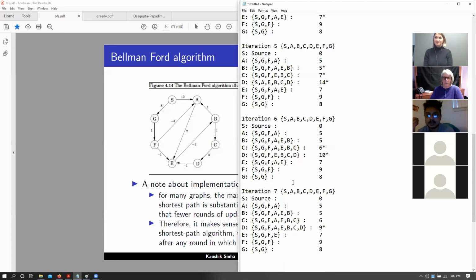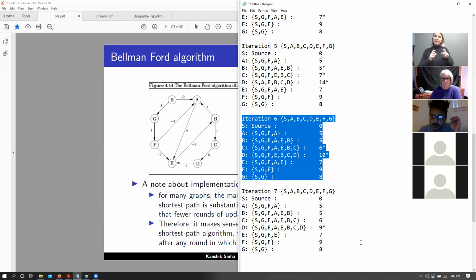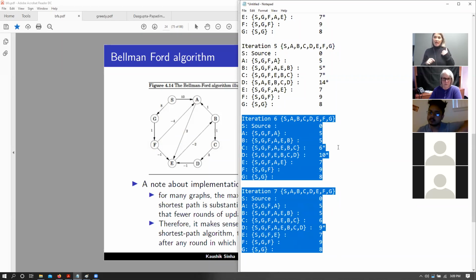So remember one thing, that the maximum number of iterations that Bellman-Ford requires is V minus 1. In this case, we have 8 vertices, so that is 7, right? But you can imagine a simpler graph with 8 vertices that might not require 7 updates, 7 loops or 7 iterations to find the shortest path. So in that scenario, another efficiency measure we can apply is, given any 2 iterations where none of the vertices are updated, then we just stop.